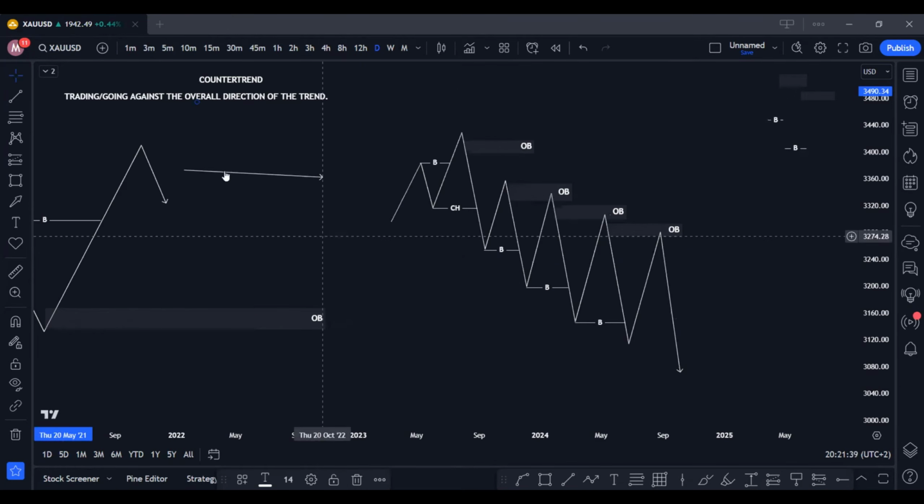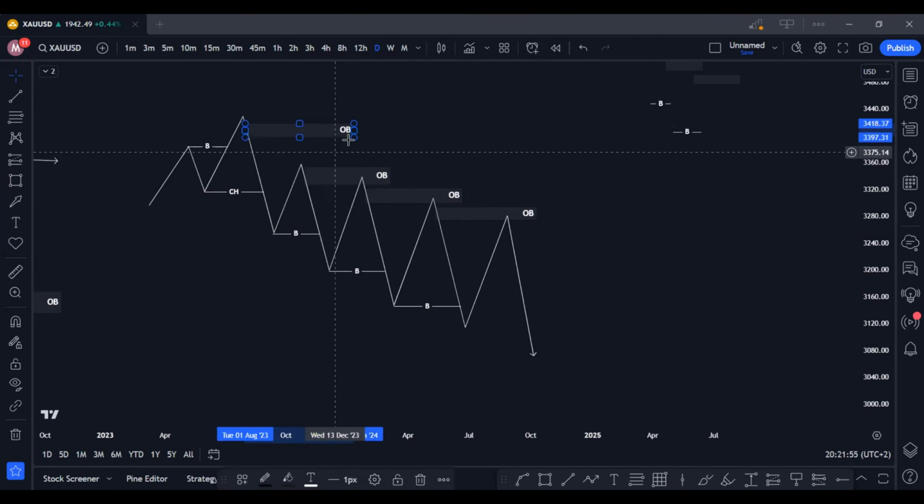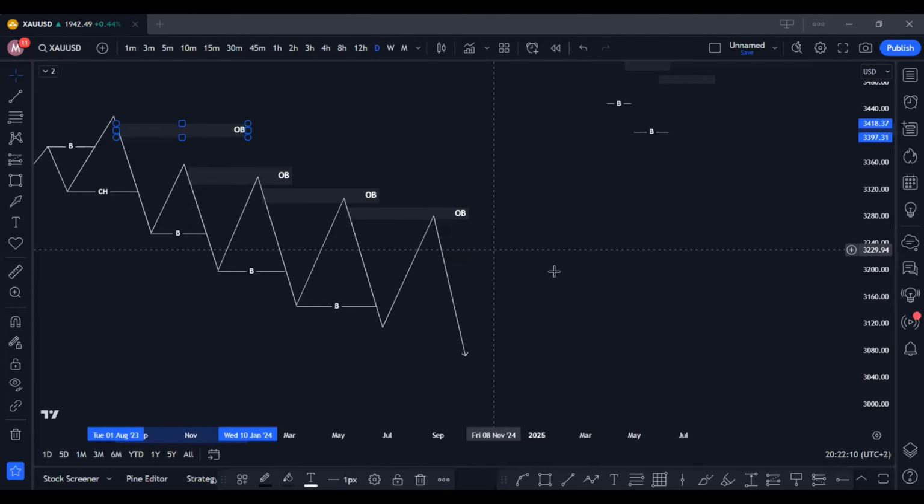Okay, so now within your counter trend bearish order flow, you're going to have something like this here, whereby you have your break of structure and your change of character, but then price unfortunately doesn't go to your order block entry, but then continues to the downside, creates another break of structure, and price fortunately this time it taps into our order block and pushes to the downside. Okay, so now